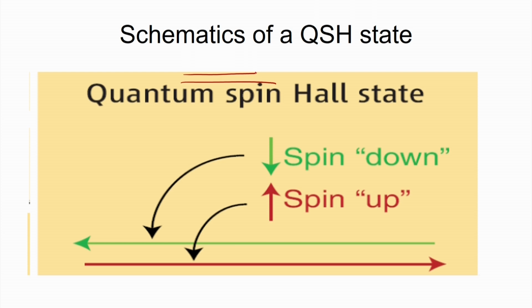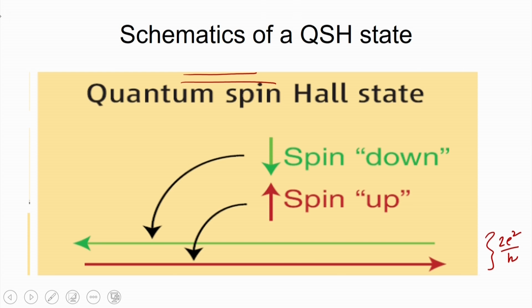These are called helical edge states as compared to the chiral edge states that we have seen in the quantum Hall state. So, this schematically defines a quantum spin Hall state, where there will be quantized conductance. If the resistance is h over e square, the conductance will be e square over h. So, this will give rise to 2 e square over h conductance